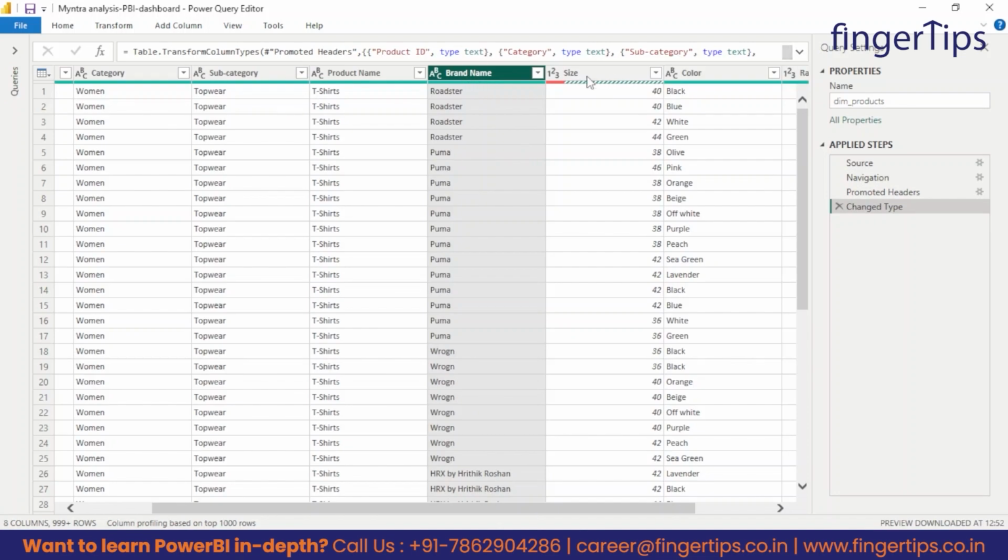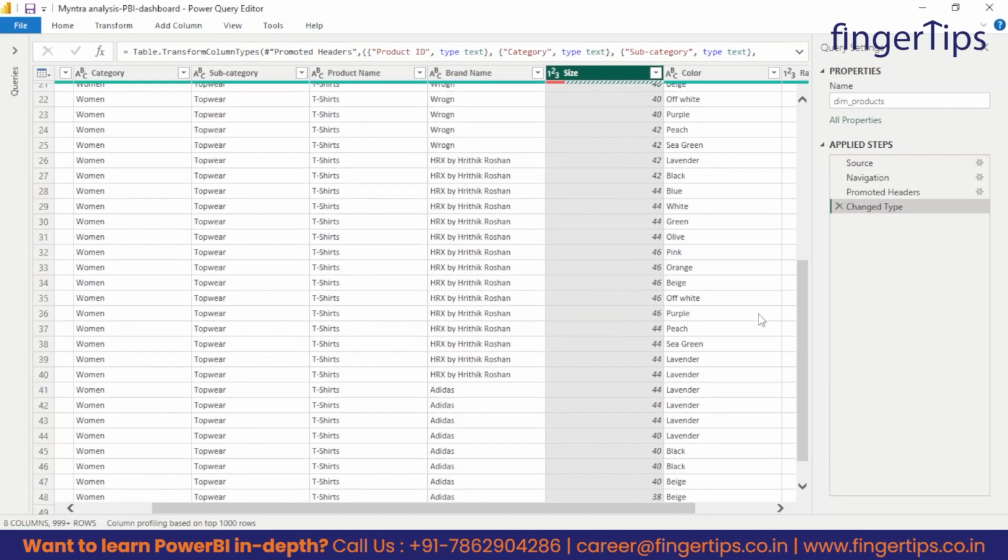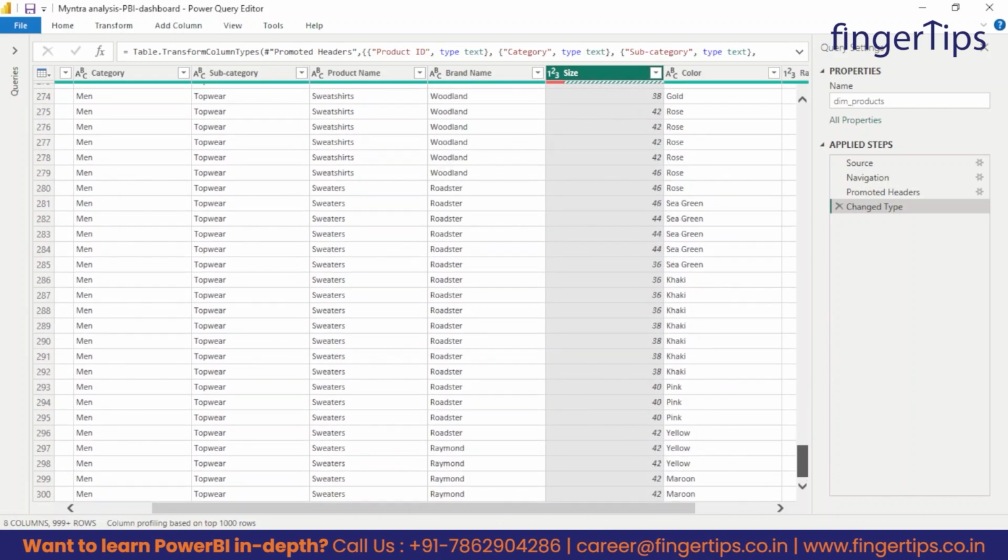So guys, next feature we have is size. What size of products are available? So guys, here we can see that it's marked as red, means there is some percent of error, and it's showing there is 16% of error. Okay, so what the error is, we don't know what the error is. We will just click on this load more, but okay, it cannot load more. So the error is like,